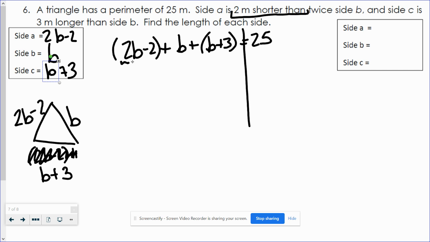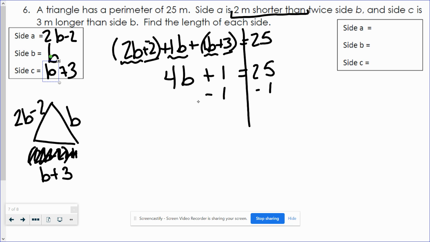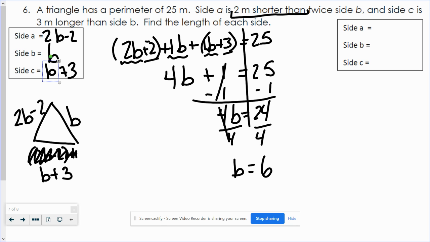If I would add all those up, I've got 2 B's, and then one more is 3, and then one more is 4B. And then I've got a minus 2, or add a negative 2, and add a positive 3, which is going to give me plus 1. Okay, and we're good at solving this kind of problem now. We get rid of our 1. So B is going to be 6